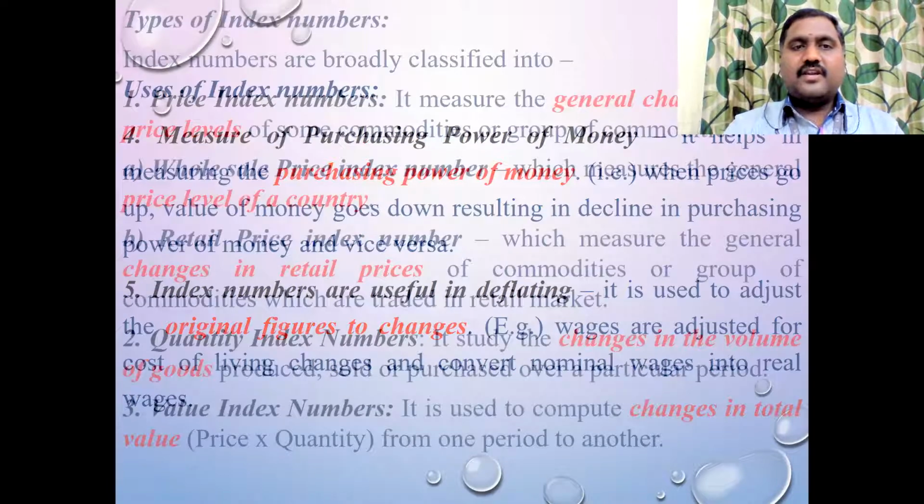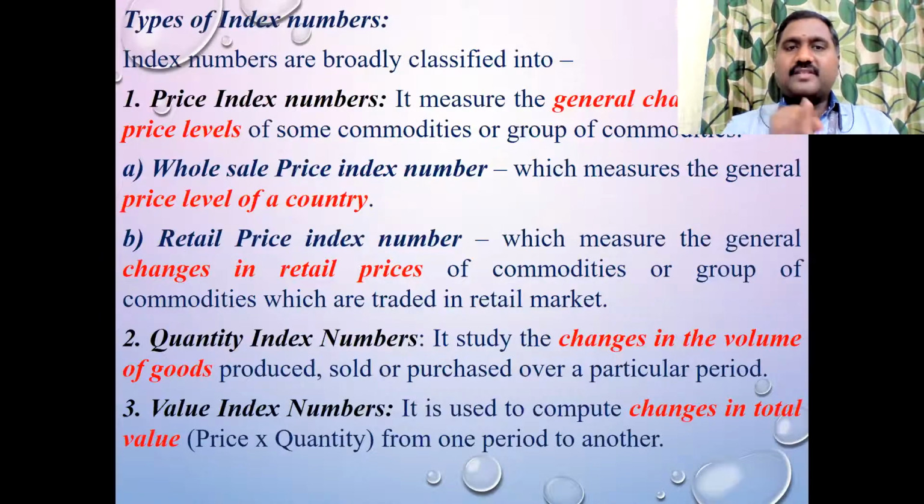And the next thing is that there are different types of index numbers. One is the price index number. Okay, and then the second is quantity, and the third one is value index number. So I already told you, the price index number is if you want to bring changes in the price. Under price index number, there are two types: the wholesale price index number and the retail price index number. Wholesale price index number, for example, you are getting a Nandini milk half liter.